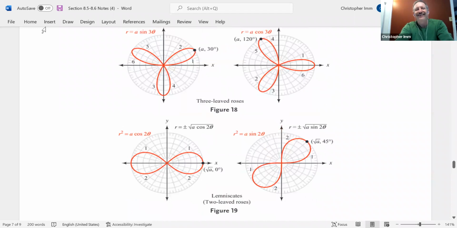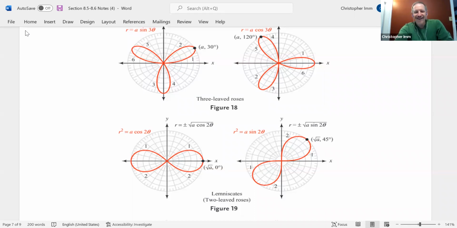The lemniscate. So the lemniscate is sort of like an infinity symbol, or an infinity on its side. And that's what you get when you have r squared is equal to a cosine 2 theta or a sine 2 theta. Again, that sine is tilted. So those are some graphs you can get when you have r squared is equal to cosine of a double angle or sine of a double angle. Finally, maybe my favorite,